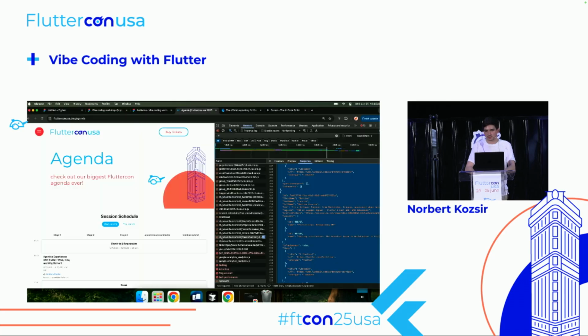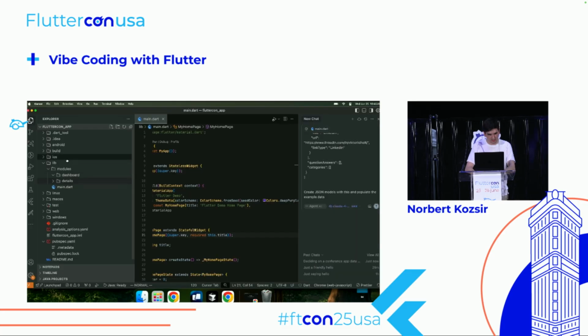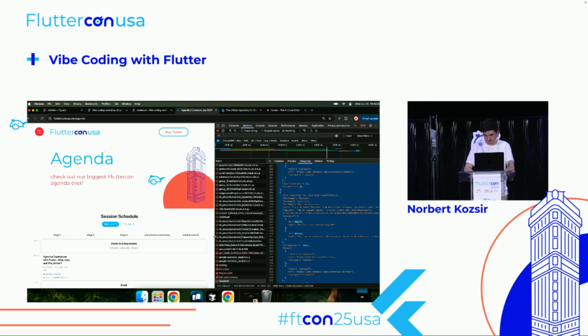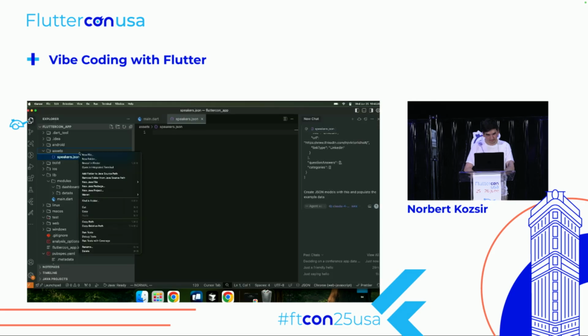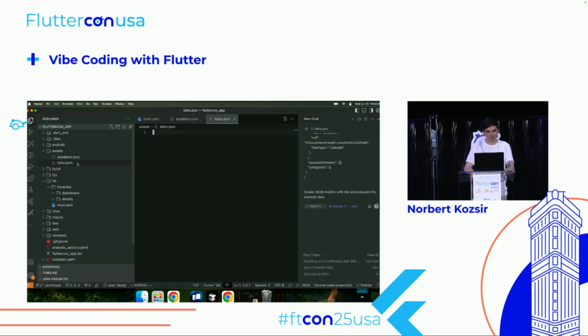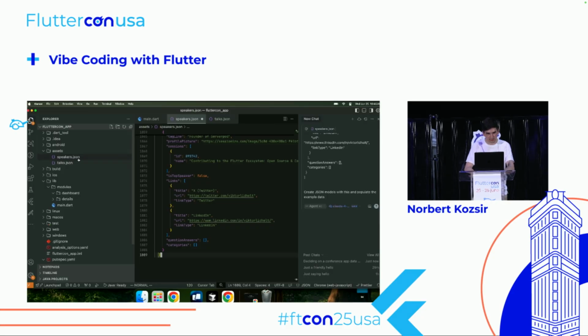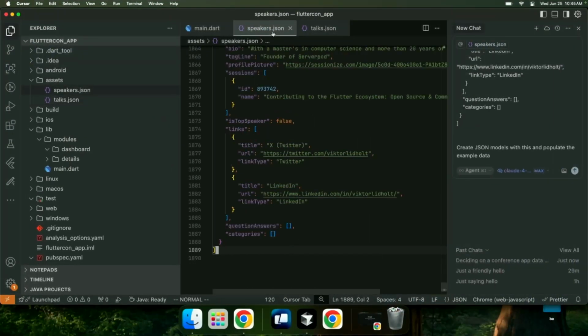I think it's even simpler if we just copy it over and create a new folder, assets, and call it speakers. We have a speakers.json, put it in there, and we have a talks.json, and this is much nicer.